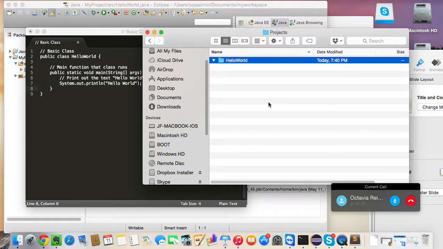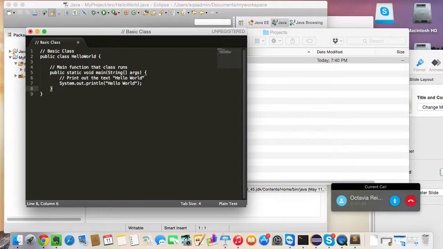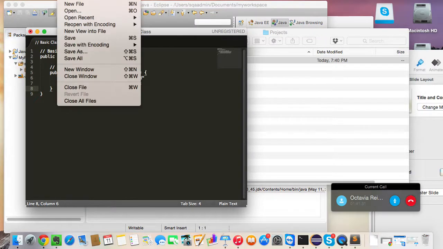So I basically created a Hello World folder, and now I'm going to save my text file, where I copied and pasted everything, into that folder. So what I'm going to do is File, Save As,